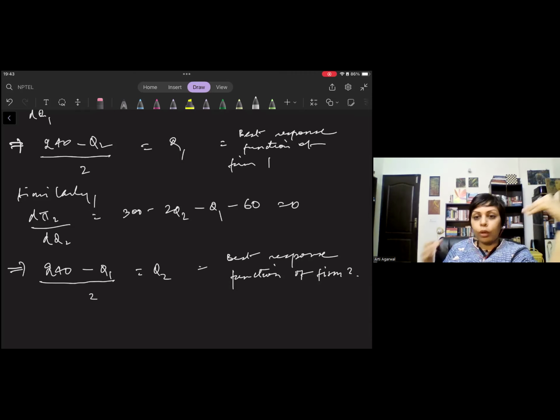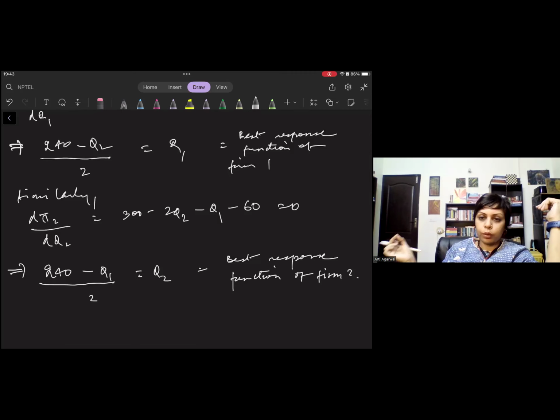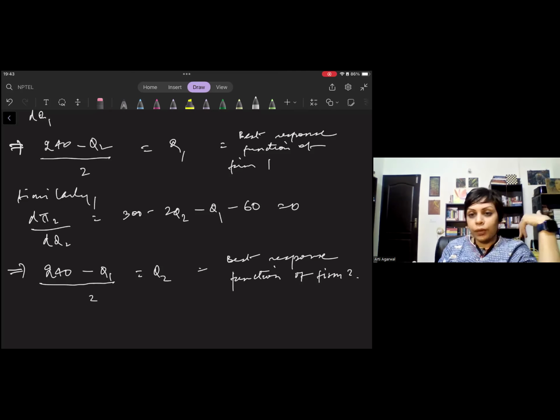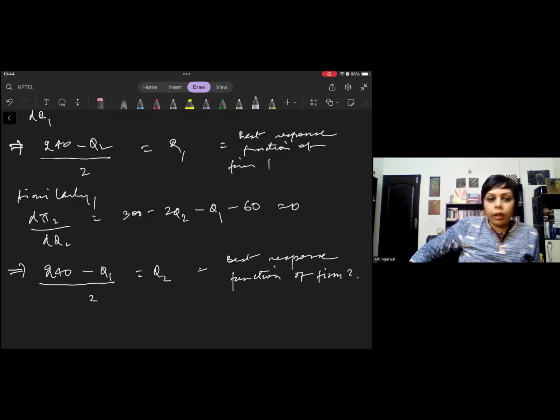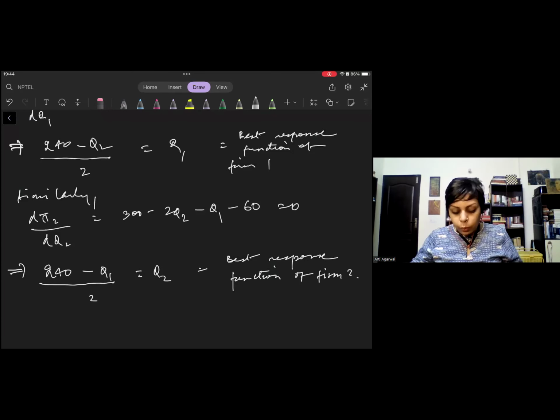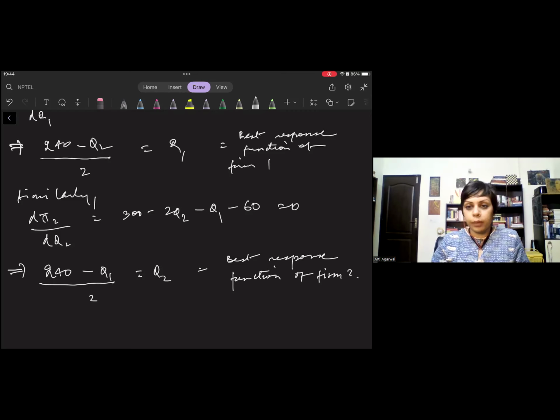What they do know, or what they have arrived at by using basic economics, is that whatever be the quantity produced by Q2, what should my output be based on that? This is their response function, or in this case, because this is maximizing their payoff, this is their best response function. In game theory terms, we call it payoff. In game theory, when we're talking about firms, the payoff is the profit. In some other cases, it may be something else. So don't get confused when I use terms like strategy and response and payoff and all of that. These are all game theory language, basically.